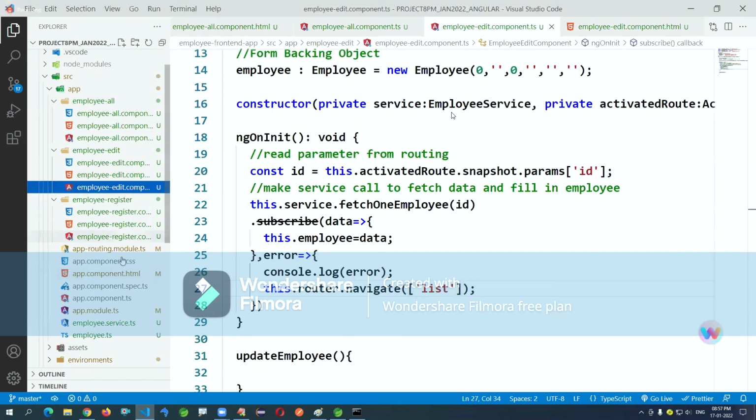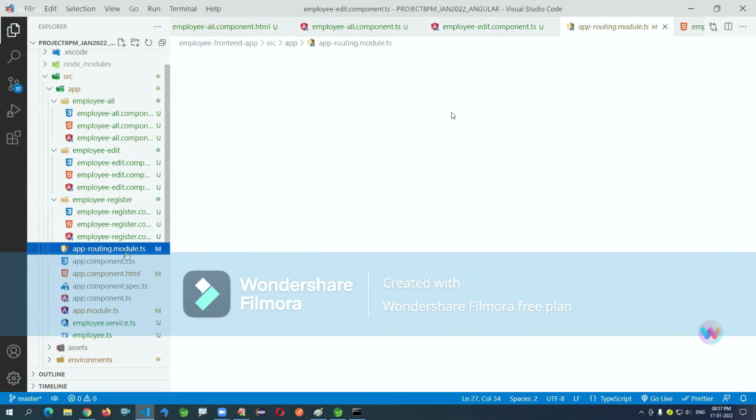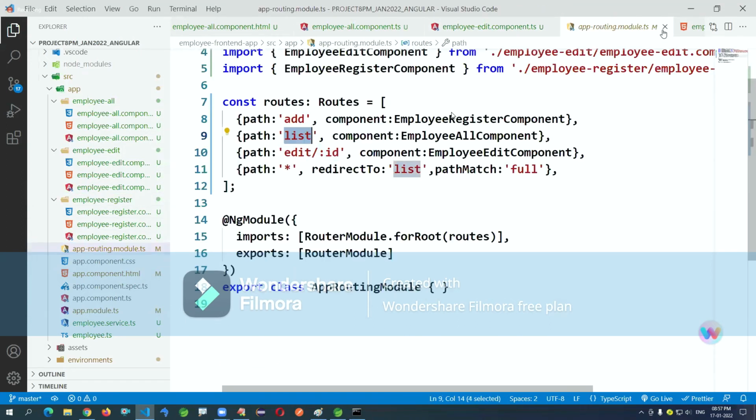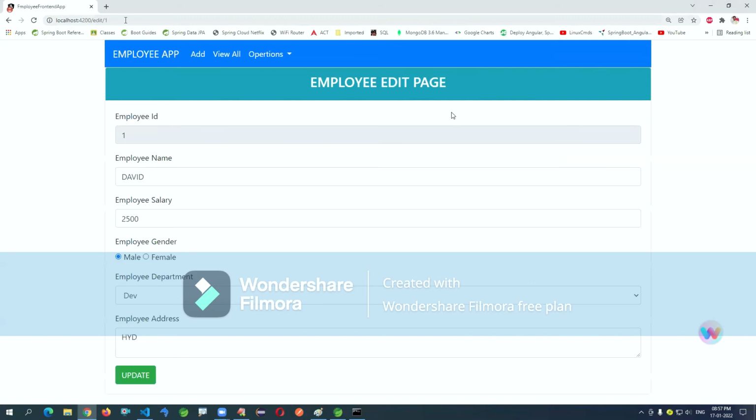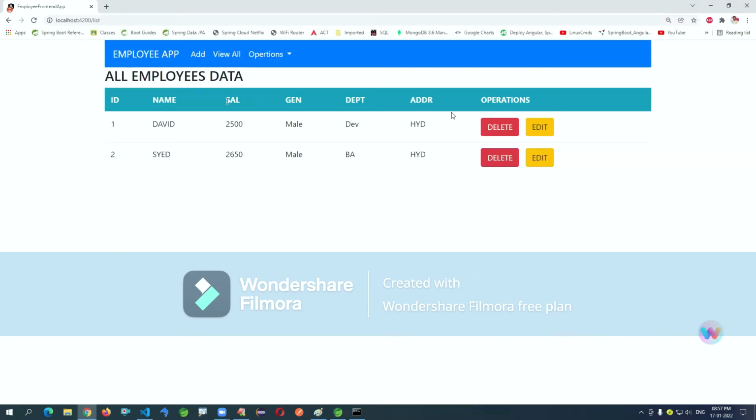We have to define one error component. Routing model, it's a list only, right? Now click on edit. Yeah, we have to do some error check in the service layer. Temporarily, okay.